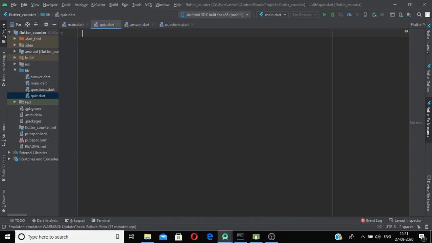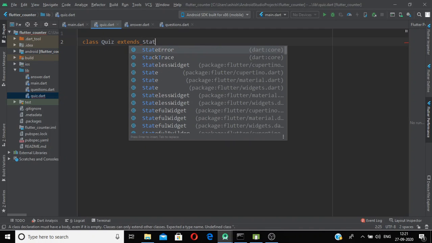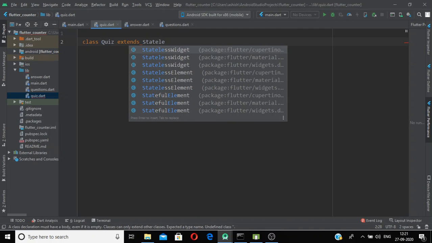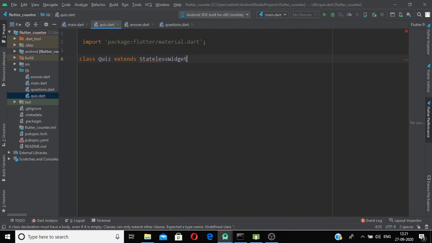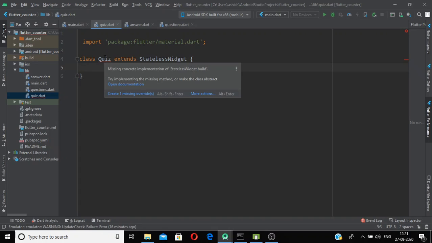And class quiz extends a stateless widget. Make sure it is from material dot file, and inside this quiz widget we need our override method here.